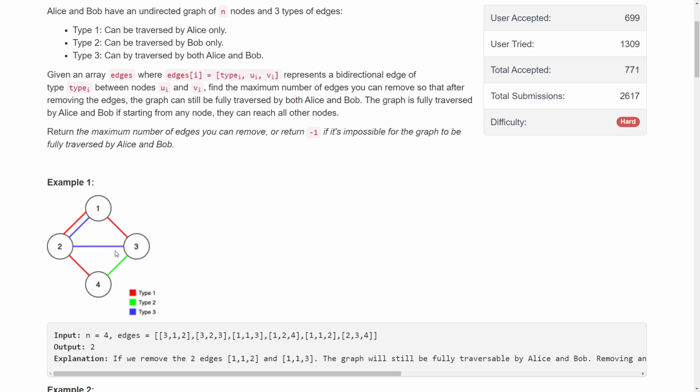Type 3 is a road for both of them, right? So if I have to remove one edge of type 3, that is equivalent to removing one road for Bob and one road for Alice. So instead it will be better that I remove 2 other edges in place of this blue edge.